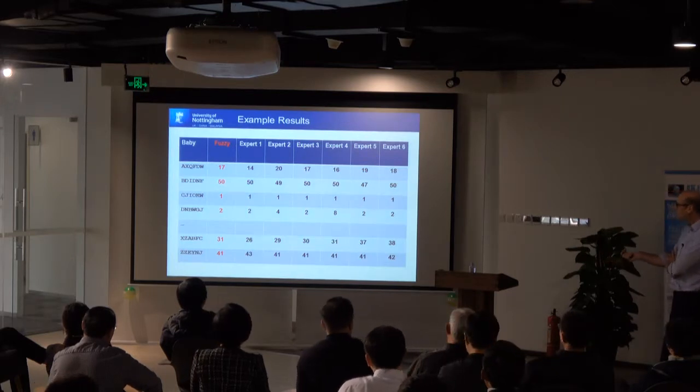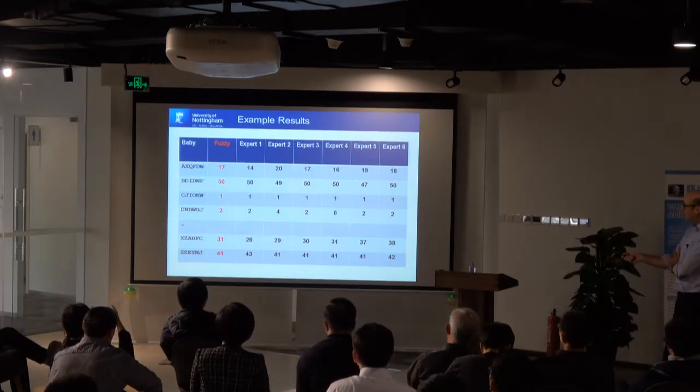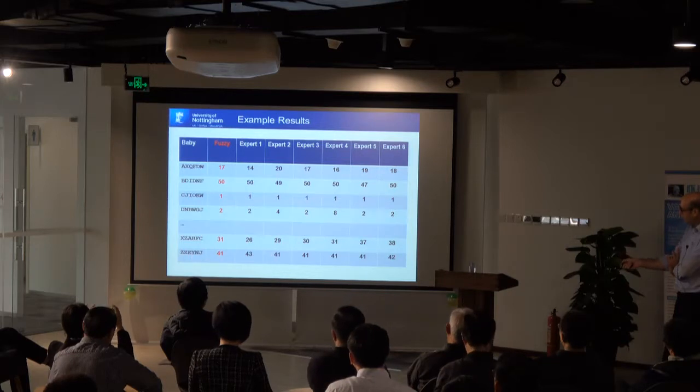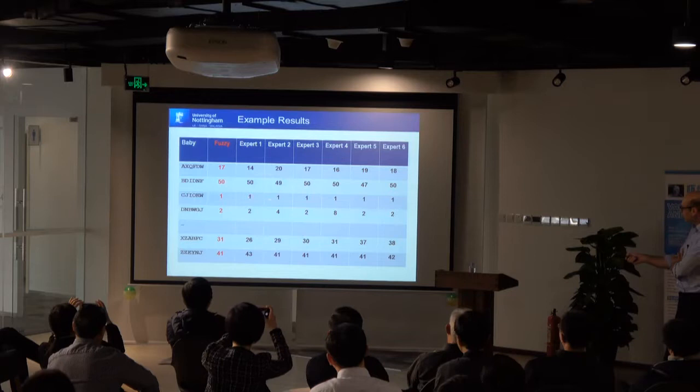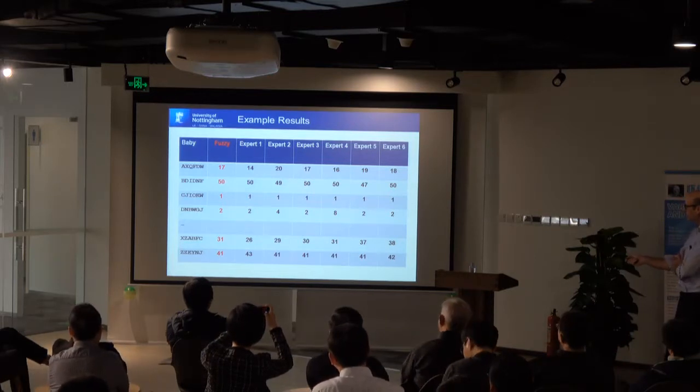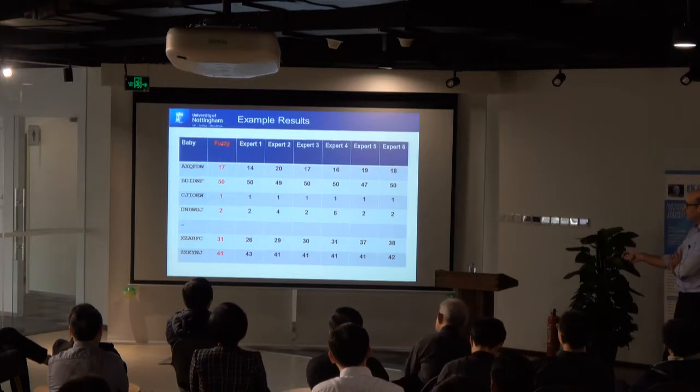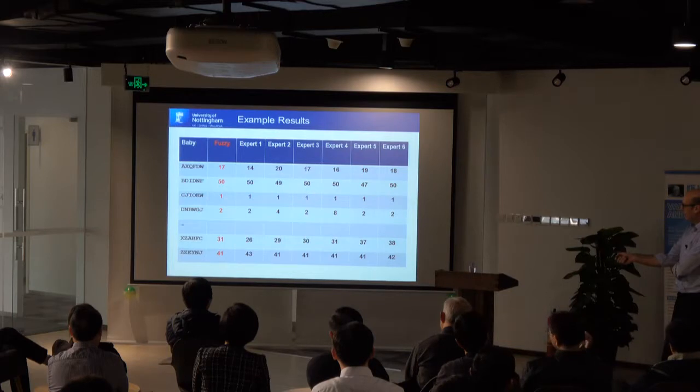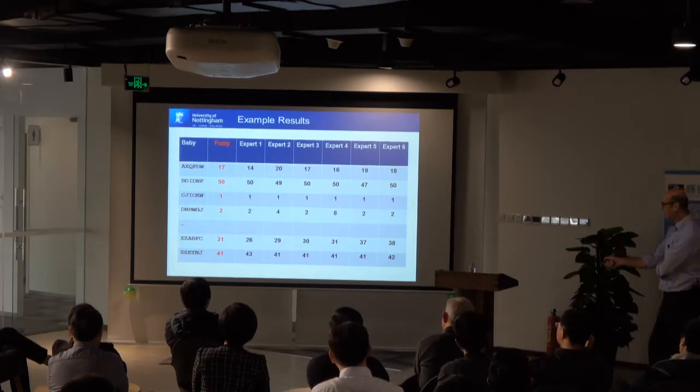Now this is the sort of data I would be getting. These are identification numbers for the baby, and this baby here, all of the experts labelled as baby number 1. It's the sickest baby. And my fuzzy system, don't worry about the fuzzy system at the moment, my expert system labelled it as 1 as well.